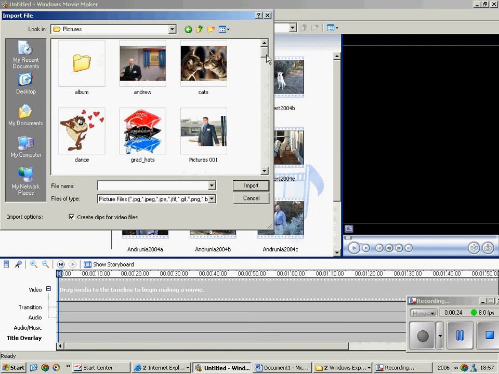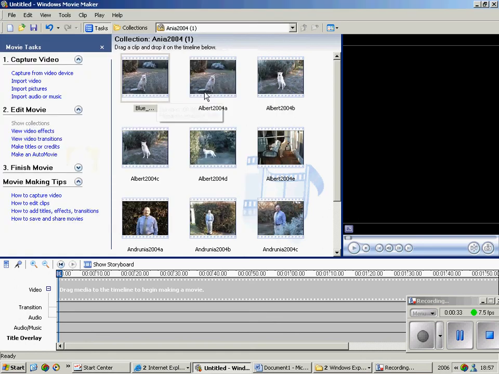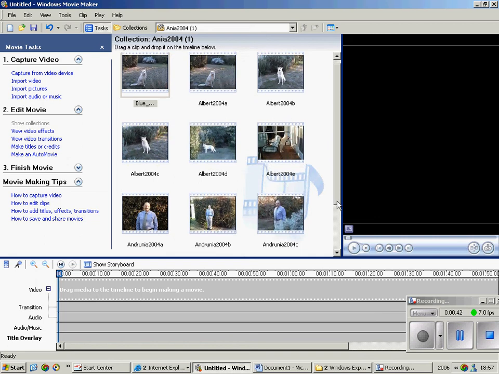I found my doggy somewhere, I don't know where, and clicked on the picture, said import, and did it a few times and brought it into my Windows Movie Maker. I brought all of these pictures in here. Then what I did,